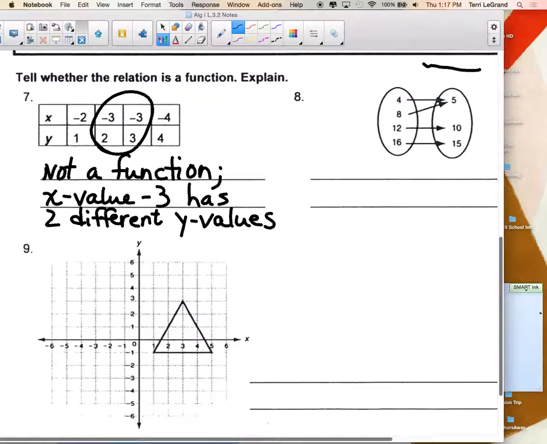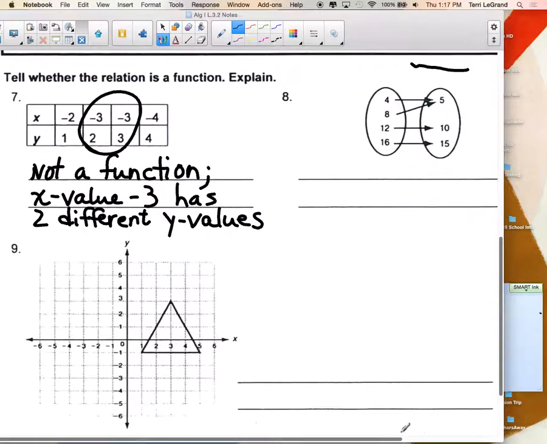How about number 8? What do you think? You think that one's a function? Yeah. Okay, why? Because each x value has one y value. Each x value has only one y value, and here's how you can tell. Coming out from 4, there's only one arrow. Coming out from 8, there's only one arrow. It doesn't matter that they both have 5 as a y value. We could care less about that. They each only have one y value. 12 is mapped to just 1. 16 is mapped to just 1. So this is a function,